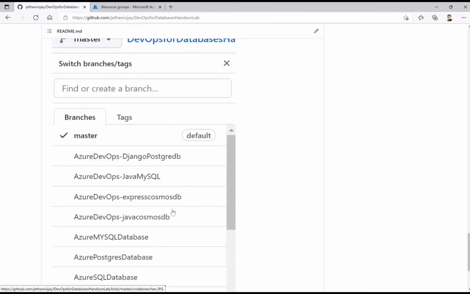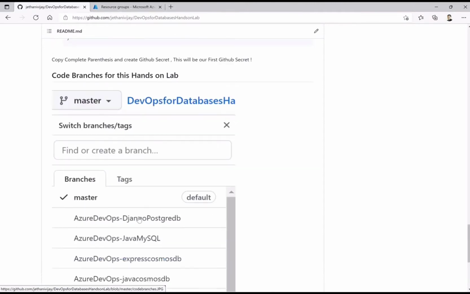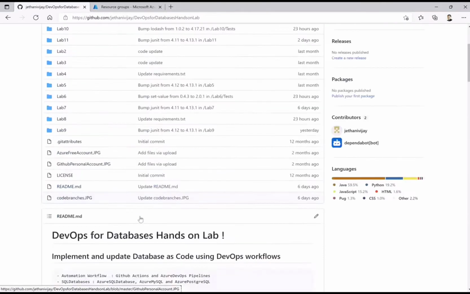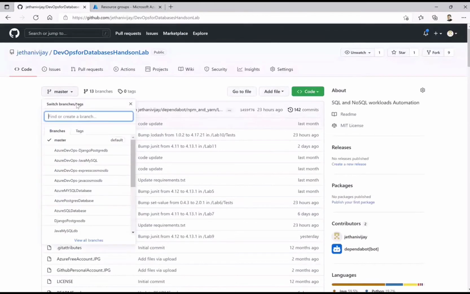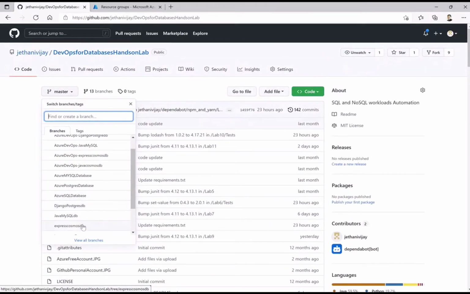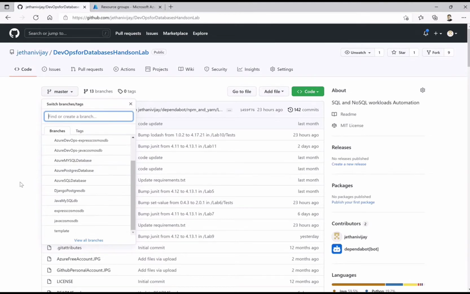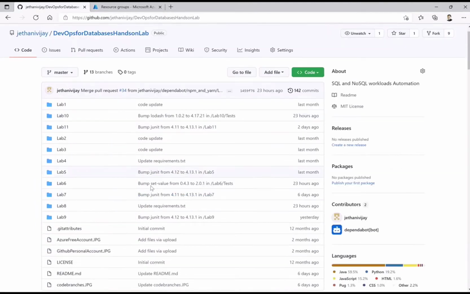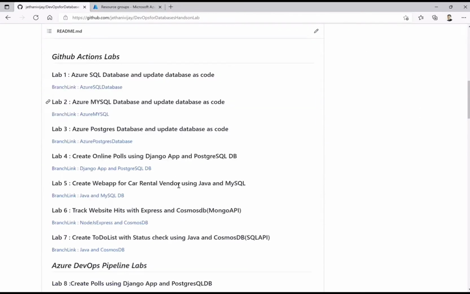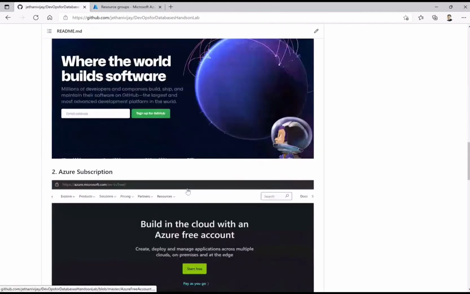If you see, this is how it will look at the top. All the branches correspond to one particular type of code, and the workflows will be within that. This is how to navigate this particular repository. Now let's look at what the GitHub workflow syntax looks like.